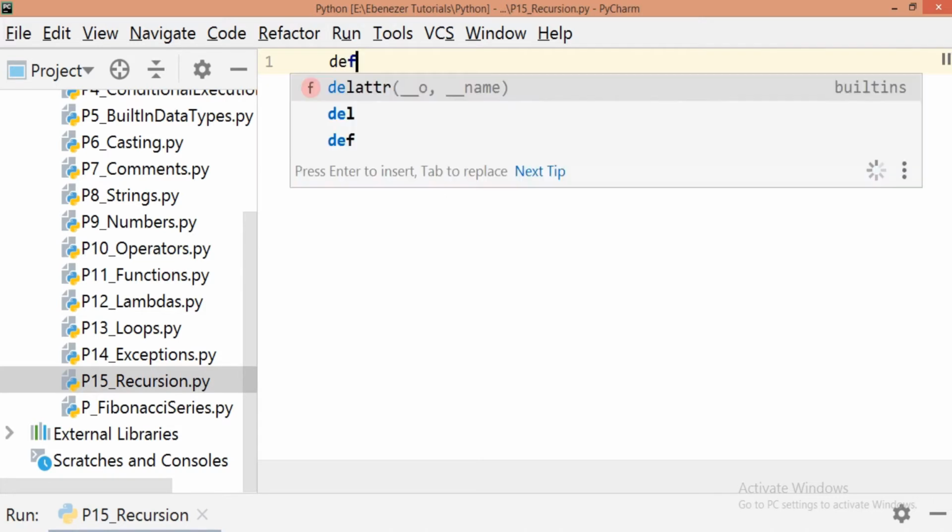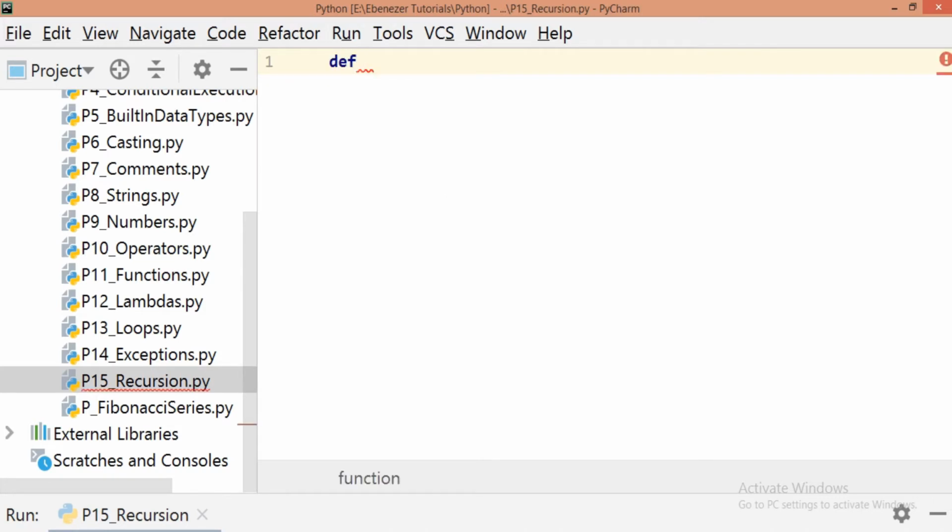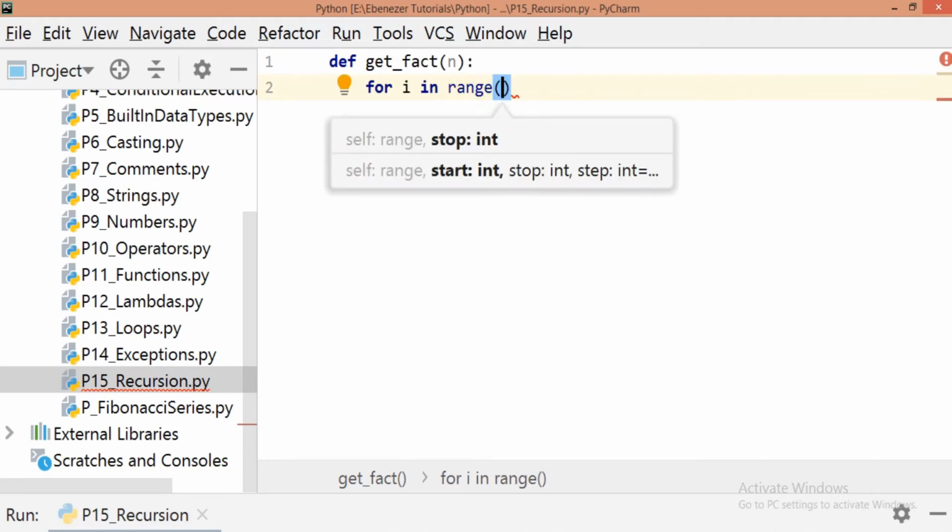So we will first define a function as getFact, and it is taking a parameter, in this case n. Now what is a simple way of doing it?